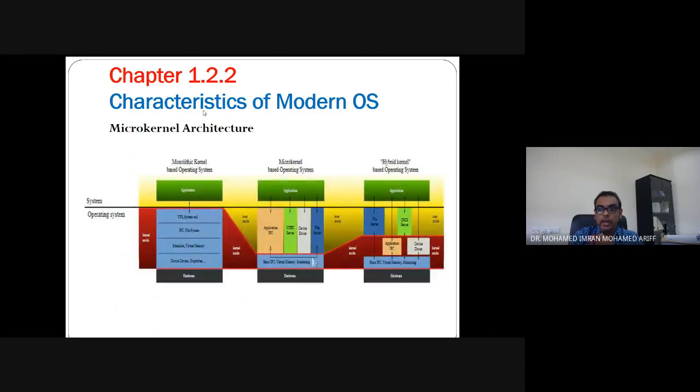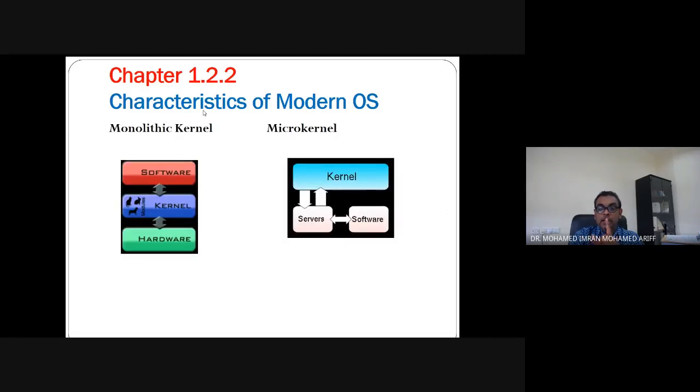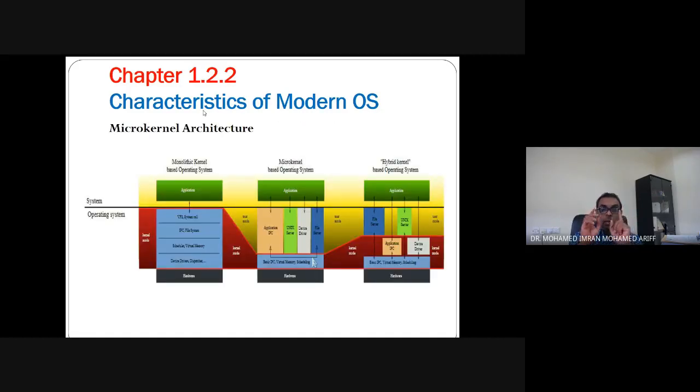Kalau zaman dulu, we have something which is called the monolithic kernel. Kalau mono tu meaning it is one. So inside the operating system there is only one kernel. So when there is one kernel, meaning there can only be one process running at one particular time. If we are talking about microkernel, we have micro, very, very small, meaning each part of the kernel takes care of one particular hard disk or one software or one program. Kalau yang mono tu, it can only do one job at a time.